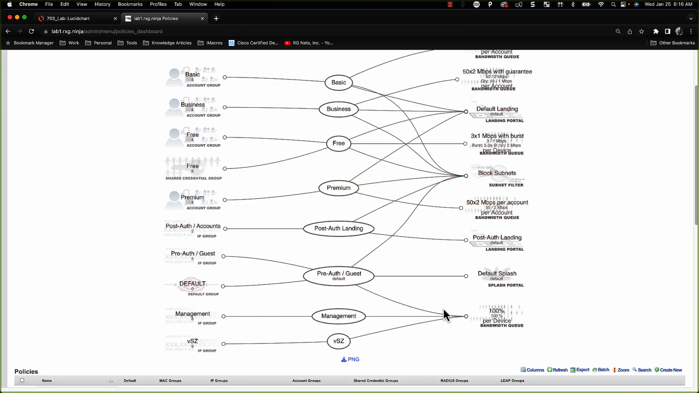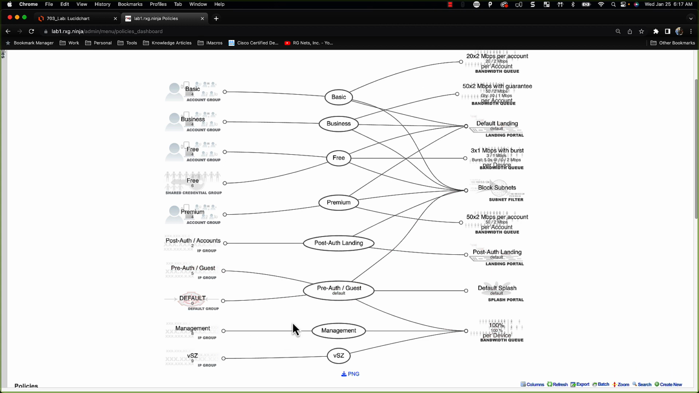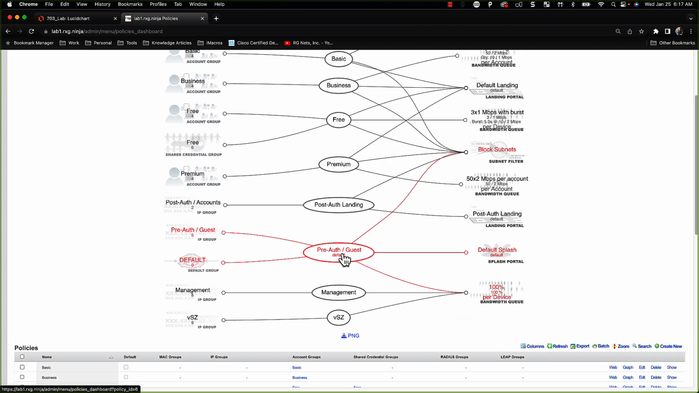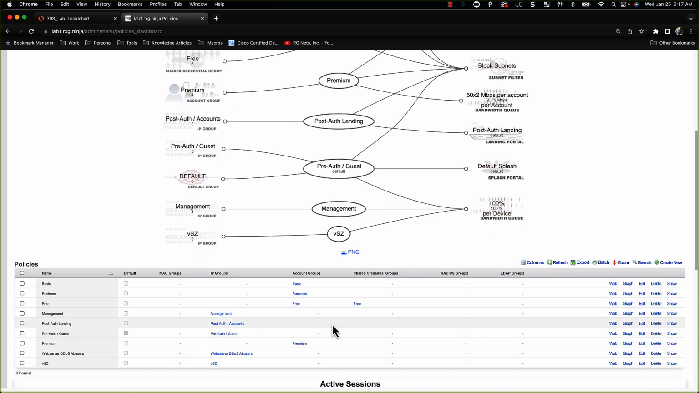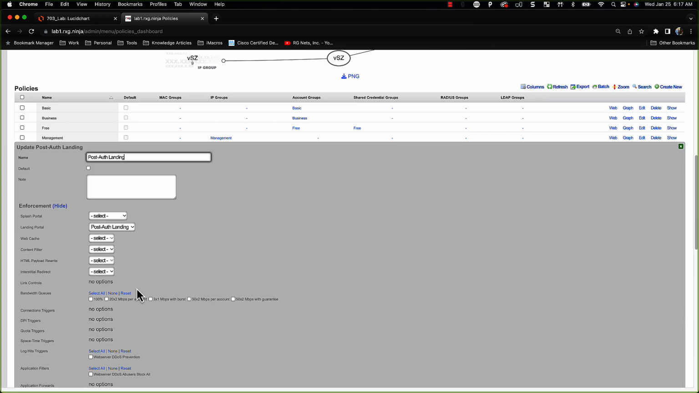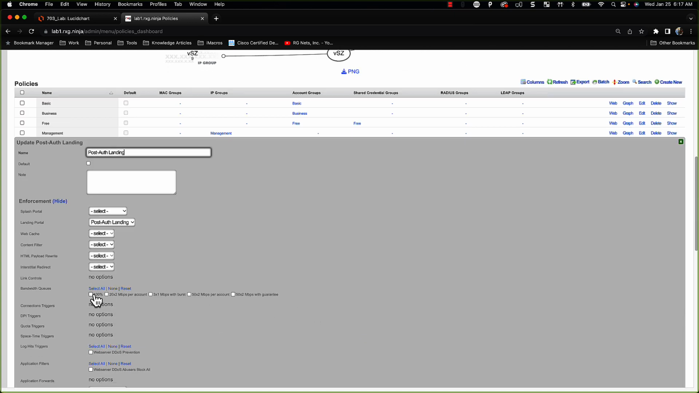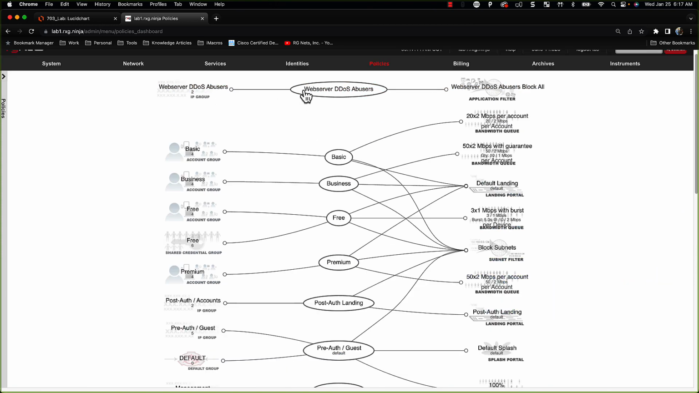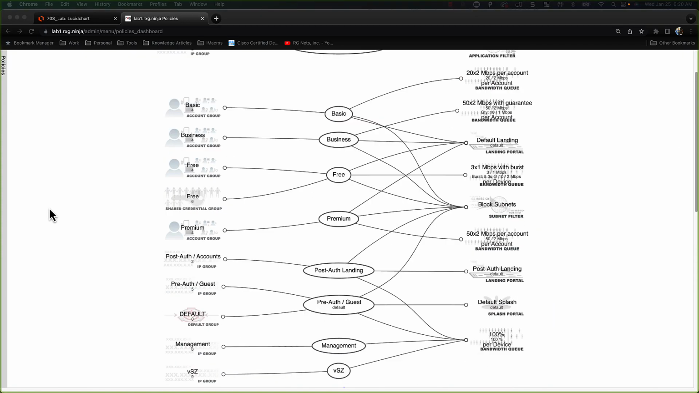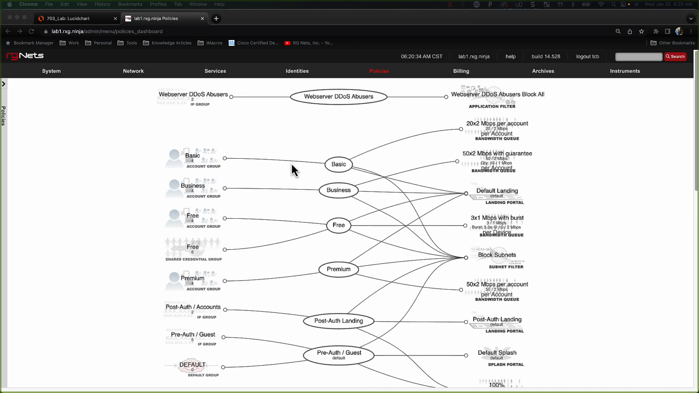And we have management, VSC. Okay, that all looks good. Looks like there's one more here that does not have traffic shaper, which is Post-Auth landing. So we're just going to find that policy, edit it, and then put it on the 100% as well, and click update. All right, so it looks like we're down to about 3 final things that we want to do here,